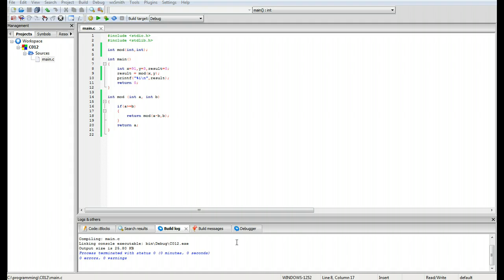Recursive functions in this one. I've gone ahead and already built a project to save us some time. Okay, now if you look at this